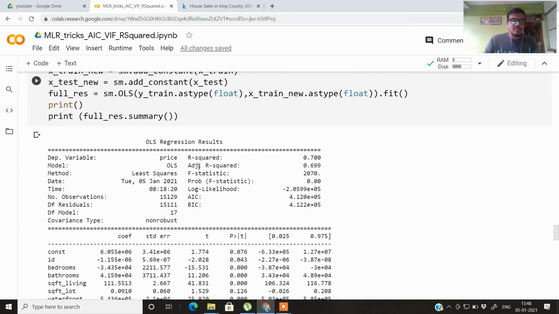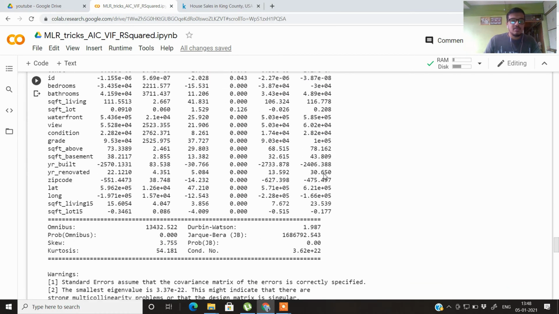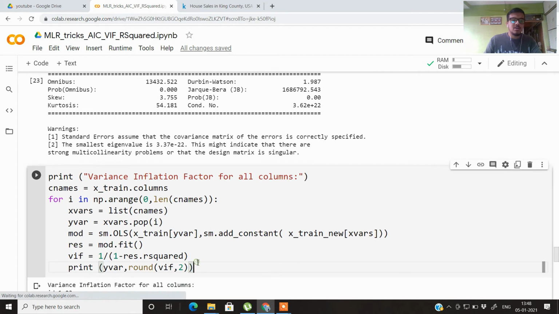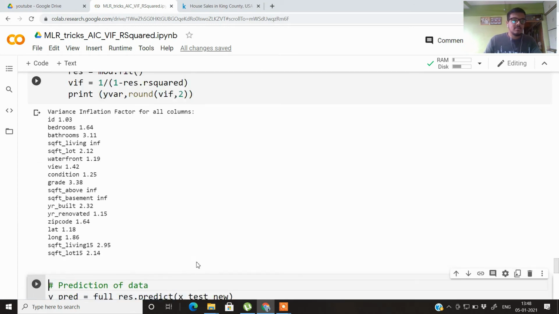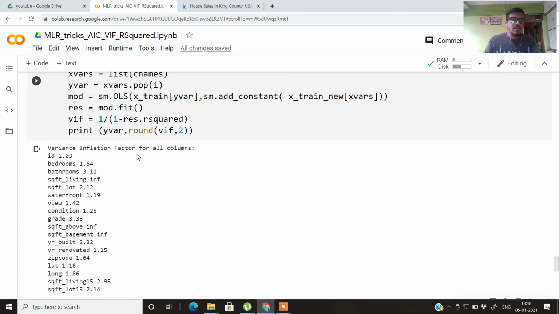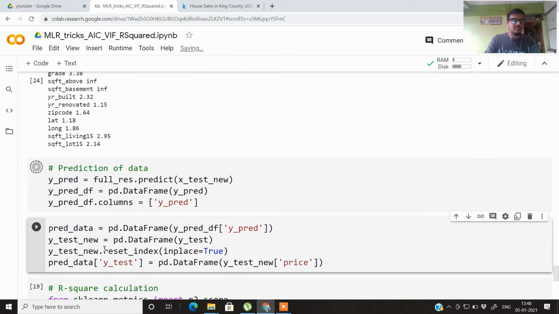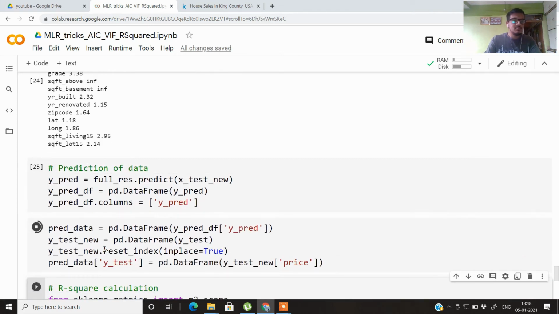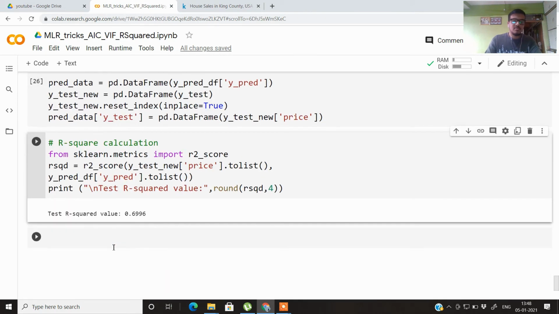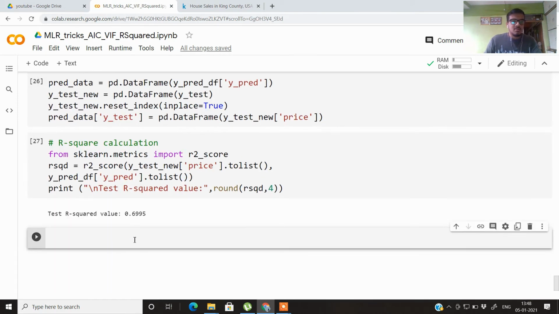So you can see that there was a slight improvement in the adjusted R square. So let's see all the variance inflation factors again. So still all the variance inflation factors are lesser than 5, so we can go ahead. So on the test data set, we are getting a slight improvement of result.